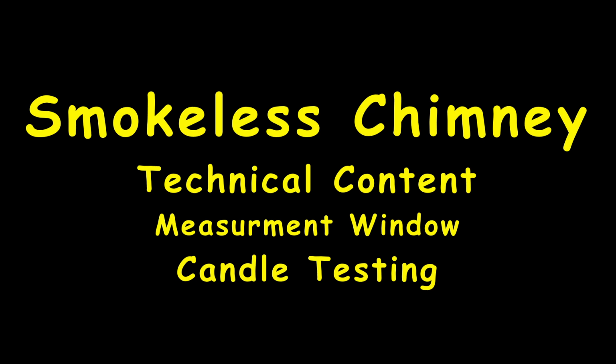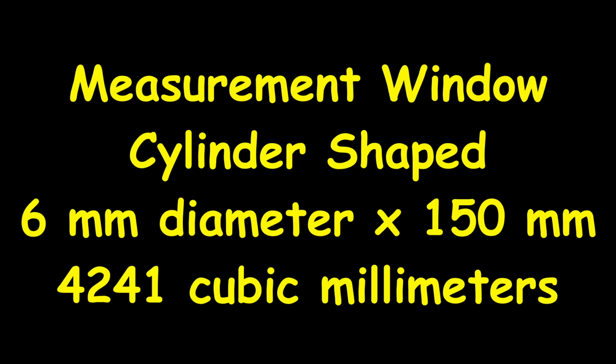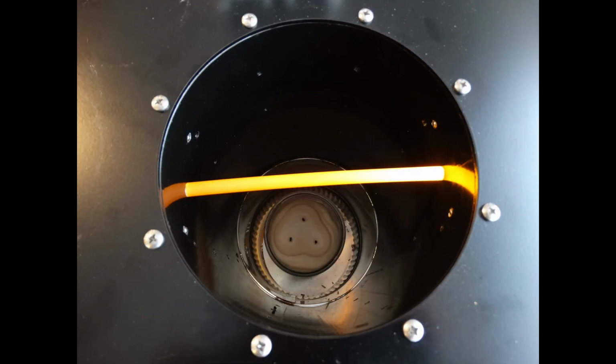In this Smokeless Chimney technical content, we're going to talk about a measurement window and candle testing. A measurement window is the path that the light takes through the media you're trying to measure. In this case, it's 6 millimeters in diameter and 150 millimeters long. The only thing I could find was a soda straw that was similar to the shape and volume of the